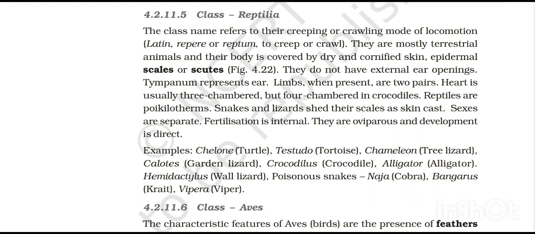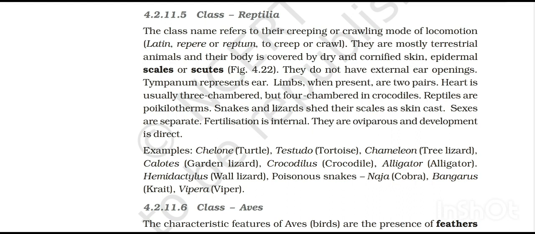Reptiles are poikilotherms. Snakes and lizards shed their skins or scales as skin cast. Sexes are separate. Fertilization is internal, inside the body. Generally they lay eggs, so oviparous. Development is direct. For example, Chelone or turtle, then Testudo or tortoise, Chameleon or true lizard, then Calotes or garden